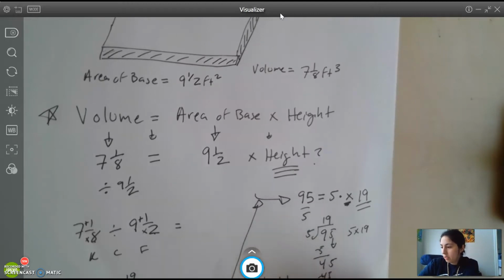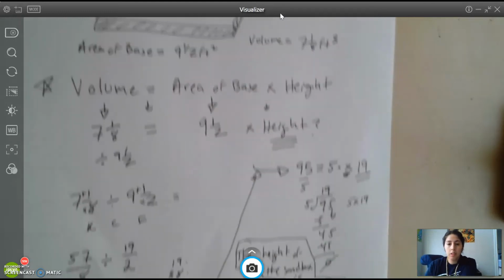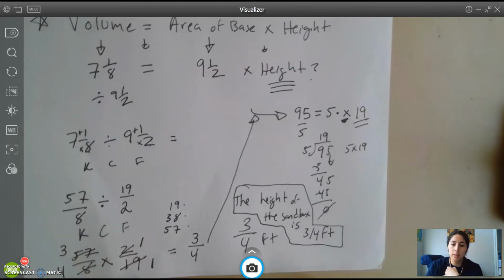The height of the sandbox is 3/4 of a foot. The height of the sandbox is 3/4 of a